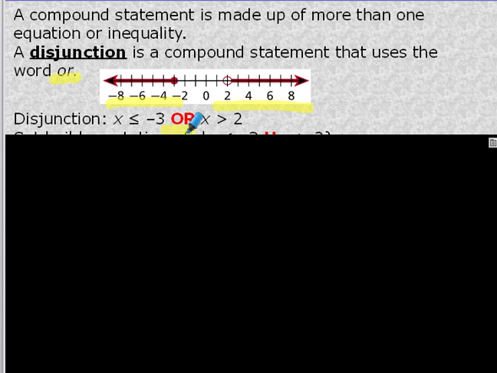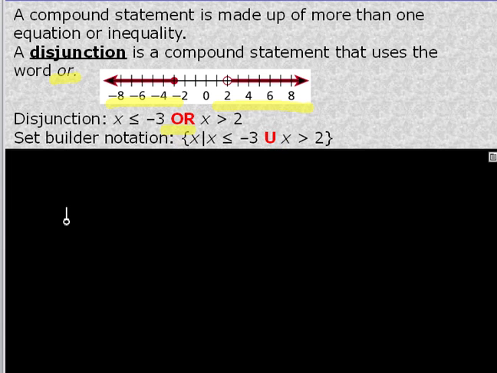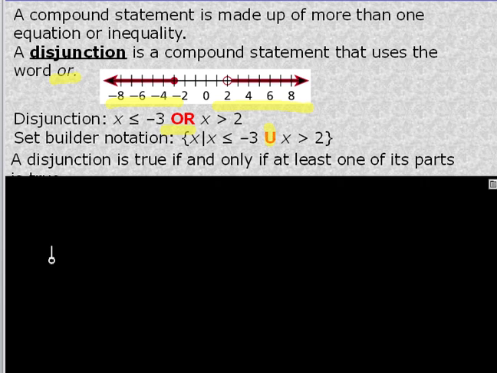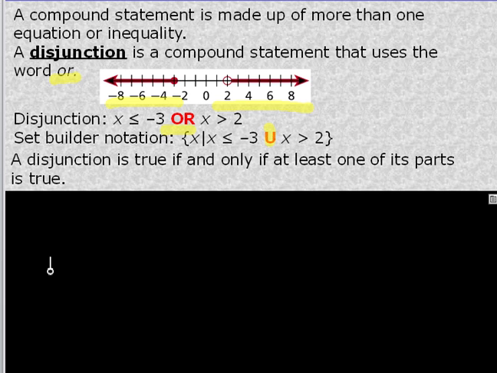So this is an or statement. This is the graph of an or disjunction. And this is the set builder. Notice they have a U here for an or. You can choose to start using that. It's something you're going to see in later math classes. If you prefer just to use the or, that's fine. So X such that X is less than or equal to -3 or X is greater than 2. A disjunction is true if and only if at least one of its parts is true. And we'll look at this later,